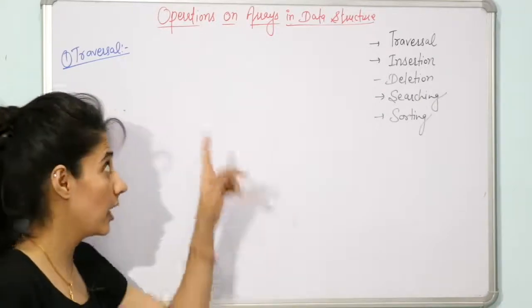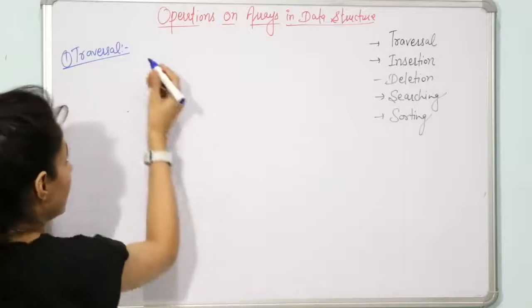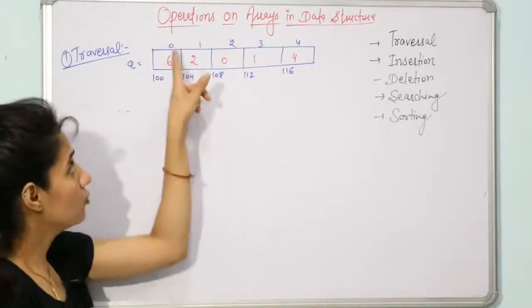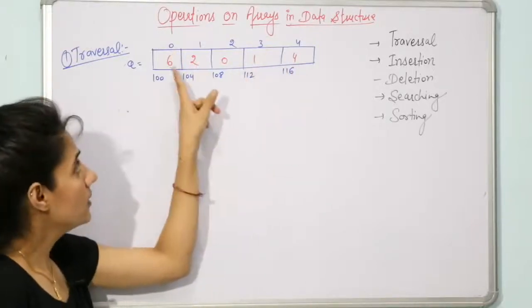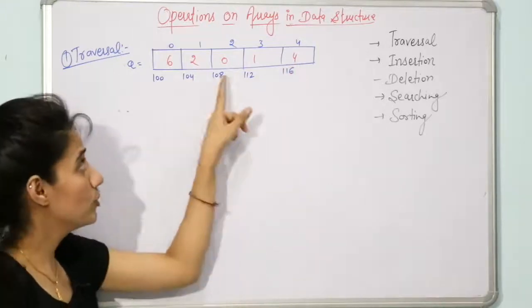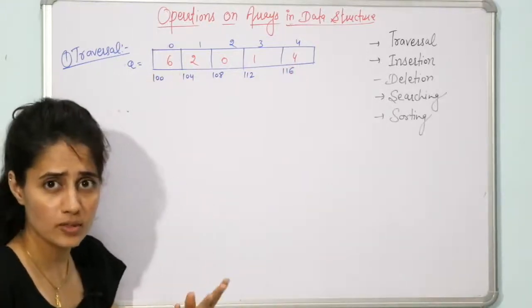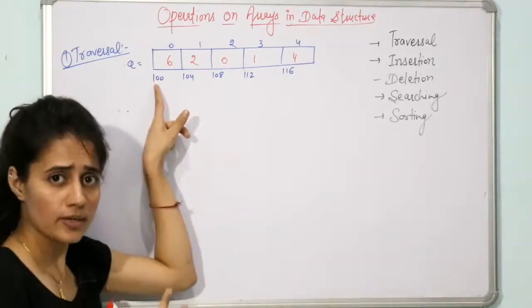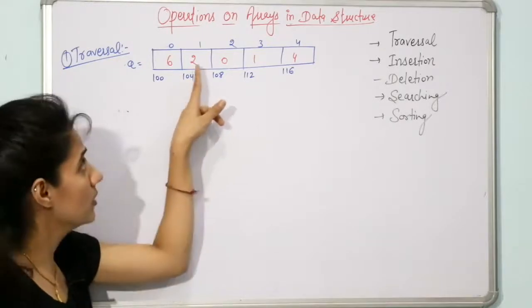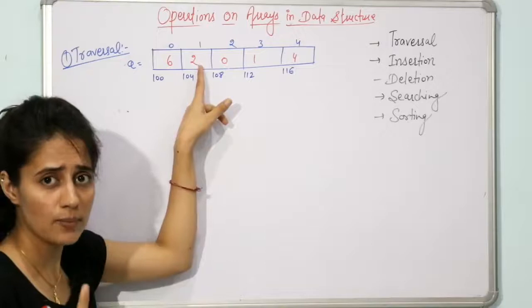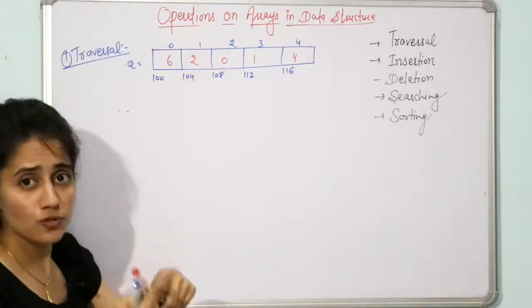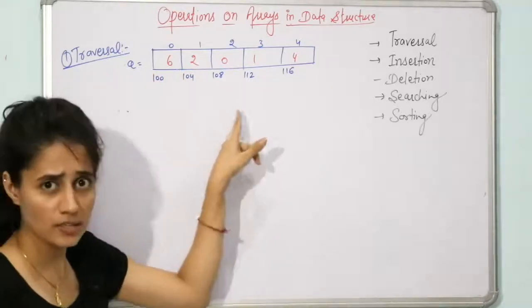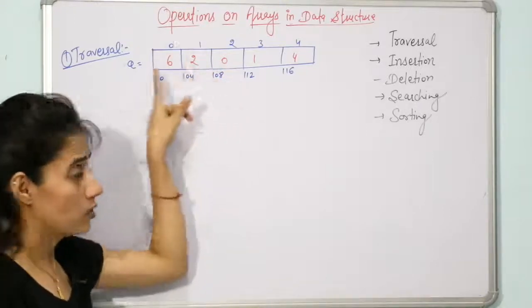So I am going to see this with the help of a code. Let us take this array. Array name is A, the size of array is 5, index would be from 0 to 4, and these are the elements in the array. How the data is stored: each integer is going to take 4 bytes in typical compilers. Suppose the memory manager has allocated a base address of 100 to the array. So for the next element of the array, the address would be 100 plus 4, because one integer will take 4 bytes. So that is 104, 108, something like this. I have already discussed this concept in detail in the previous video.